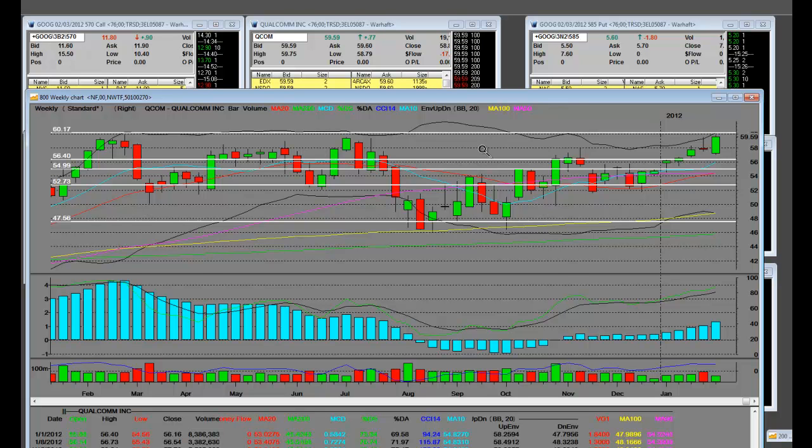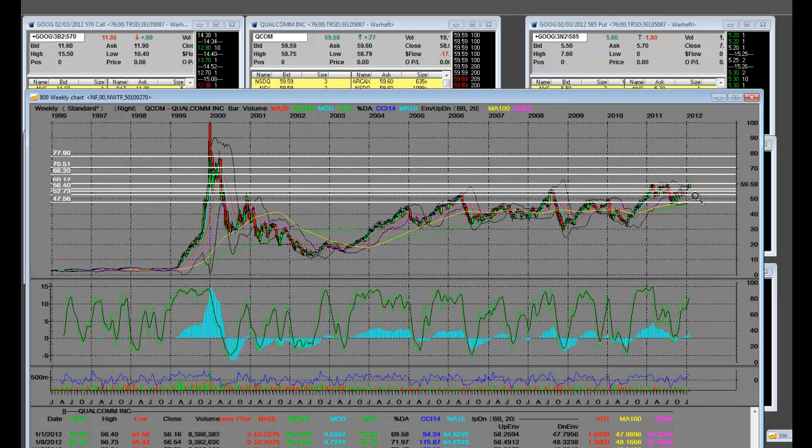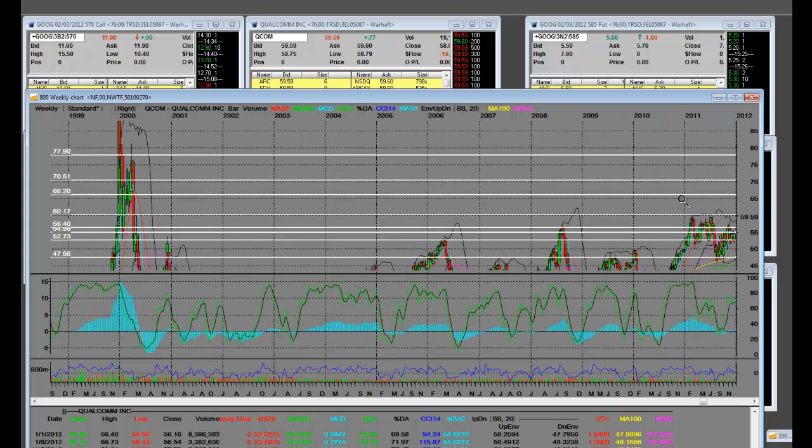Not only that, let's take a look at what that would look like. Well, my goodness sakes, let's go right over here, my friends, and take a look at this upper area where Qualcomm was really performing all the way up to the highs. It had split so many times, but nonetheless, we are at a top. And here's what happened at the tops in 2011. But over here in the year 2000, you can see where the same trend lines go across this area. Now, what I'm going to show you,